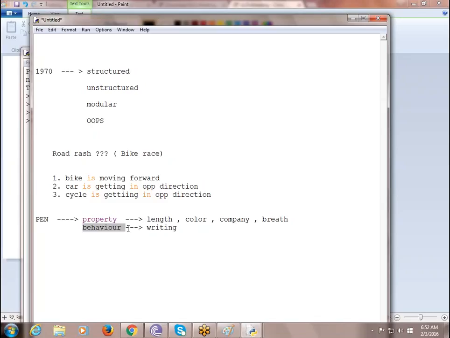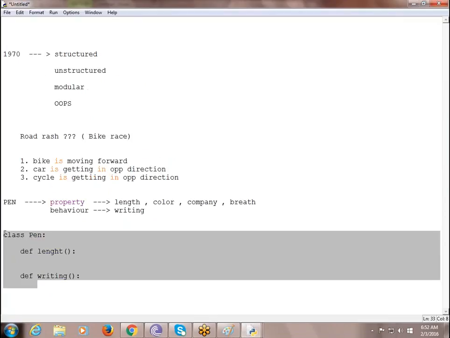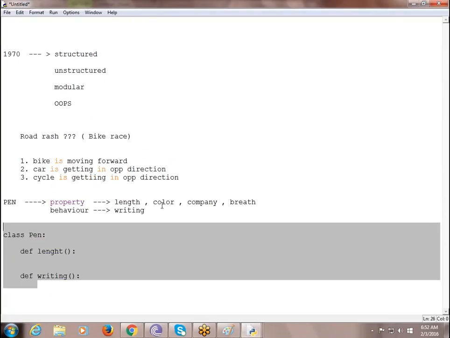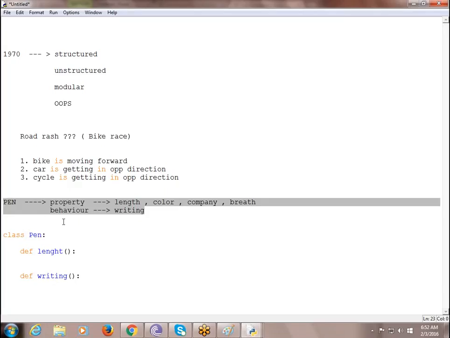Based on those, define the application. I will design a class called pen. Within that pen, I will design the applications for length and for writing. I can design the application like this by considering the pen as an object.